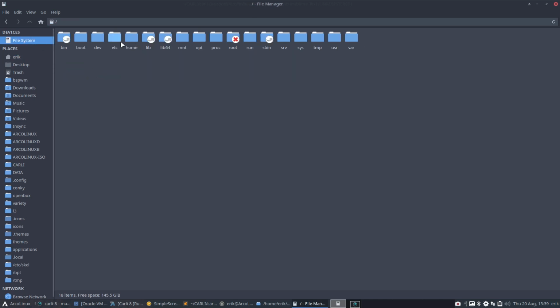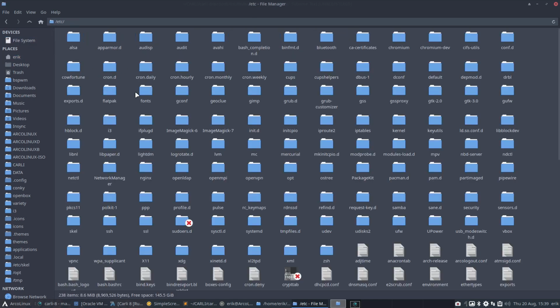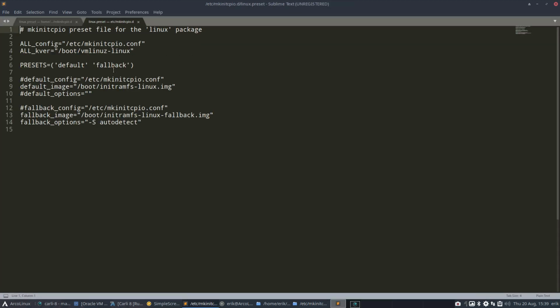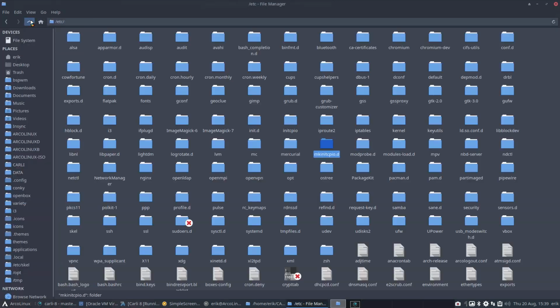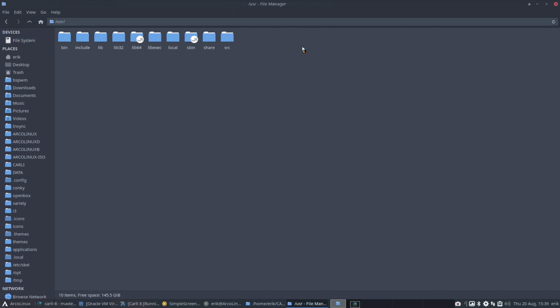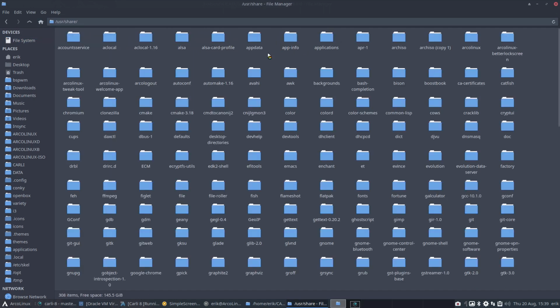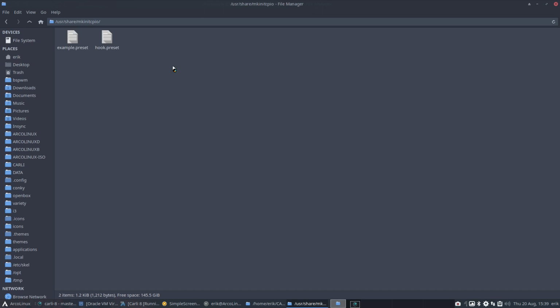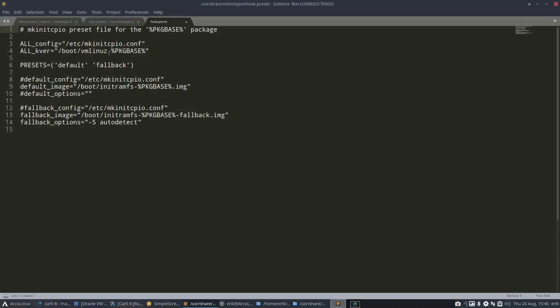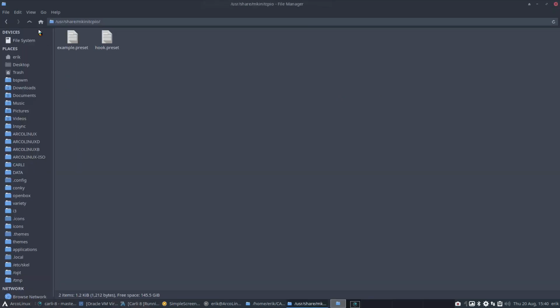Well, first of all, you can have a look at your own system, right? You can always take a look at what's inside mkinitcpio and see what's inside here. Exactly the same thing. Then you might wonder, hey, where's that coming from? Well, from a template, from /usr/share/mkinitcpio/hook.preset. And all it's gonna do is change this package base, which is linux or linux-lts or zen or hardened, and it's gonna change that name, package base. All right, now